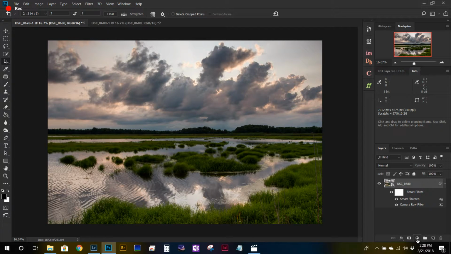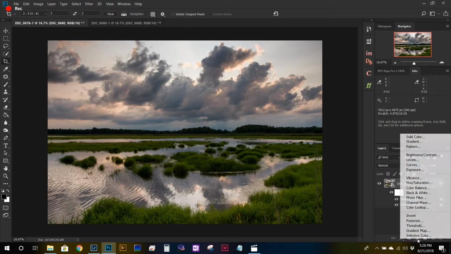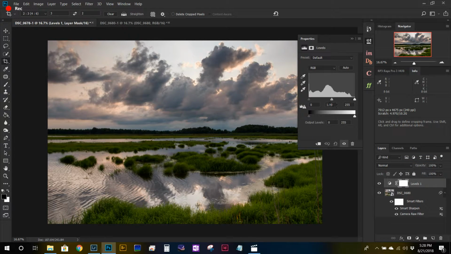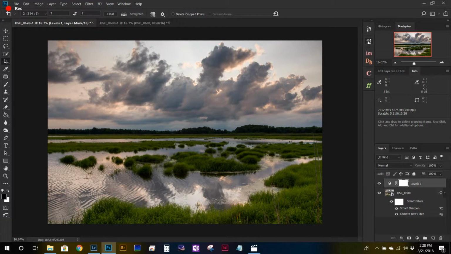Now we go down to our Yin Yang tool, bring up a Levels layer, and play around with the gamma channel just till we're happy with the results. I'm pretty happy with the way it looked, so I'm just going to lower the gamma just a touch. Actually, I'm going to raise it just a touch, 1.06. Hide that. Now I'd like to add a vignette to it, and the simplest way to add a vignette is